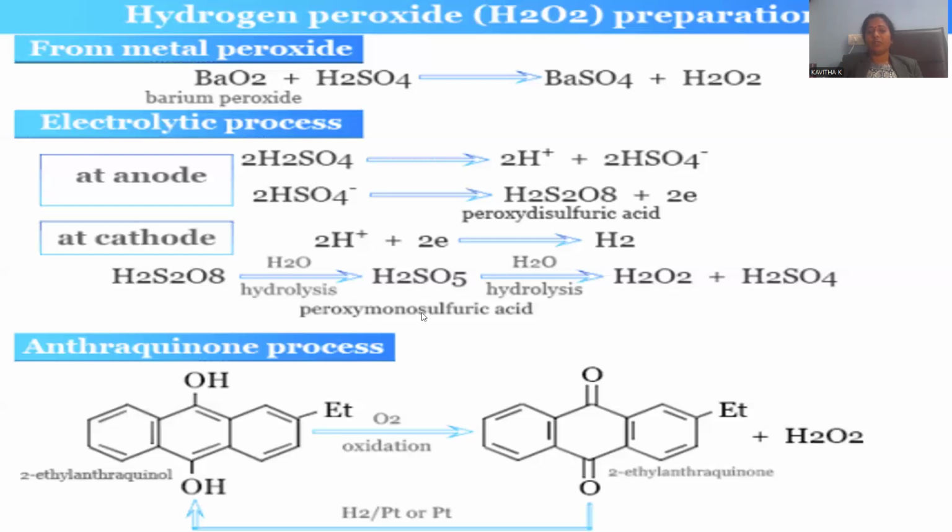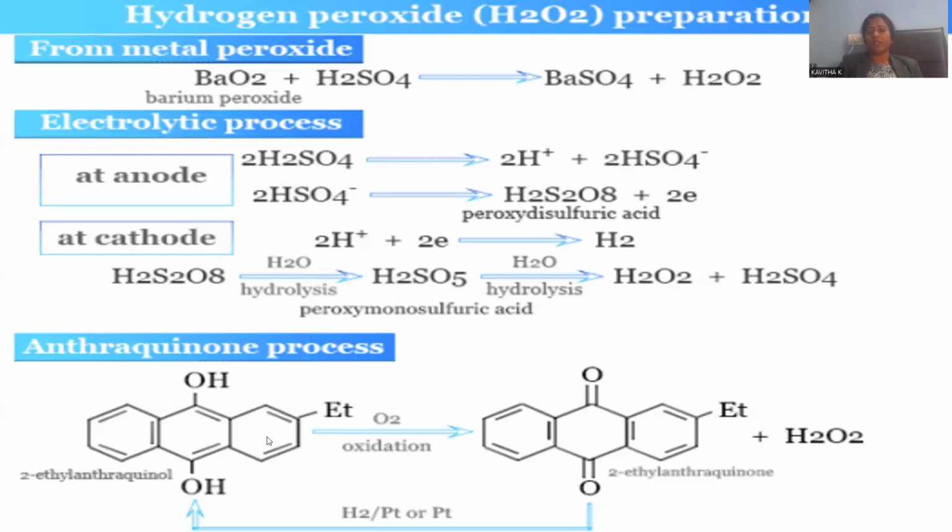Whenever it is hydrolyzed, there is a formation of oxygen being released, and that turns into H2O2. So water will be accepting this peroxy oxygen, so that hydrogen peroxide will be obtained, and another byproduct will be H2SO4. H2SO4 was consumed at the starting process, and even at the end we achieved the sulfuric acid again, so that it is restored. There is a formation of hydrogen peroxide. So this is another electrolytic process we can notice, and another method is also there.